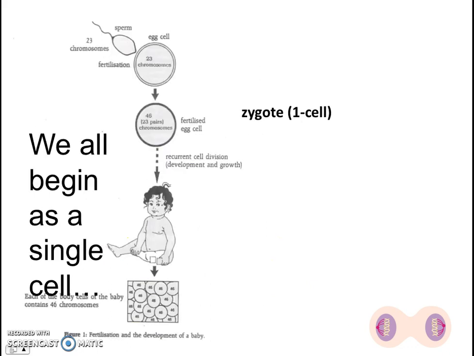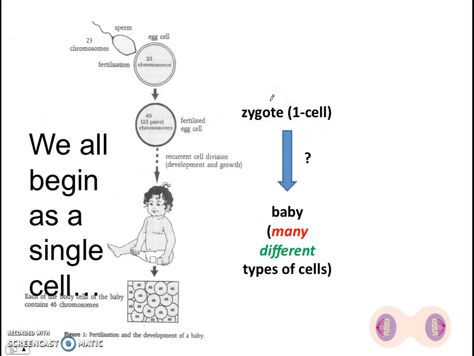So to explore the question of why is mitosis important, I want you to start thinking about this interesting fact. The fact that all of us began as a single cell. We learned in the last topic that we were all formed from a sperm fusing with an egg to form a zygote. Right? And the zygote is only one cell. But from that one cell, we become a person, right? A baby made up of many different types of cells. Hair cells, red blood cells, stomach cells, and so on. Now, how does that happen? How do we go from one cell to many different types of cells?